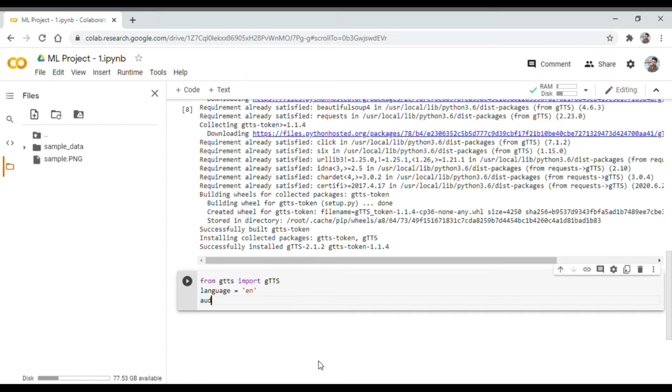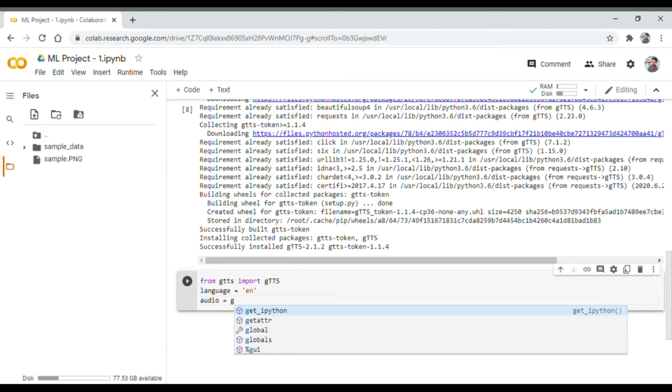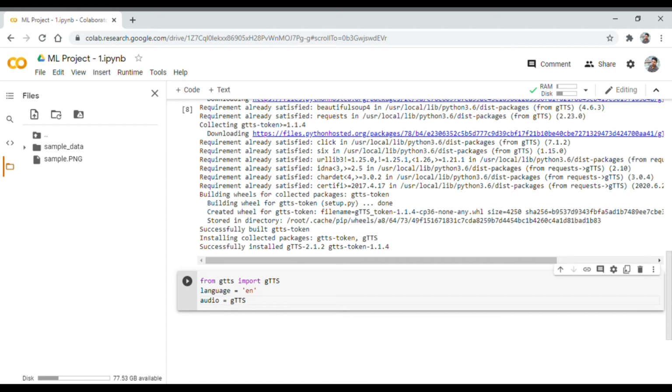Let us create one more variable, audio. So audio equals to gTTS of text equals to, see what is the text here?